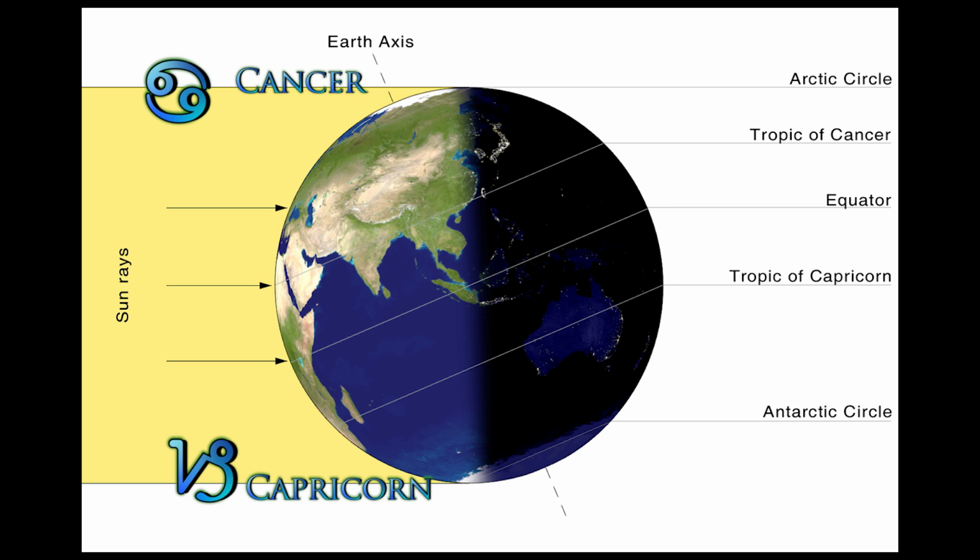Look on the right side of this image and you will see the two tropics on either side of the equator. The top one is Cancer, the bottom one is Capricorn. So this is directly related to the zodiacal signs that they represent. Now, off to the left here, the sun's rays are coming in at the angle they hit us during the summer solstice. Notice that the sun rays are hitting exactly parallel to the Tropic of Cancer.